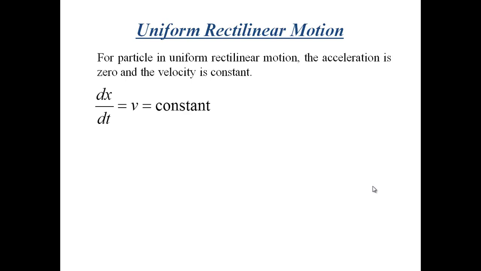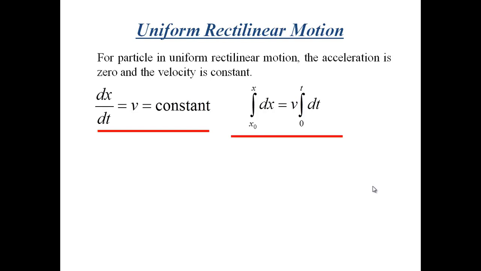You can see this equation, dx by dt is equal to velocity, you know that. Here we are taking velocity as constant. Further, we can obtain the position coordinate x by integrating this equation, with initial value of x equal to x naught and final value x. That is, integral x naught to x dx is equal to v times integral 0 to t dt. Once you integrate, you will get the distance in uniform rectilinear motion.